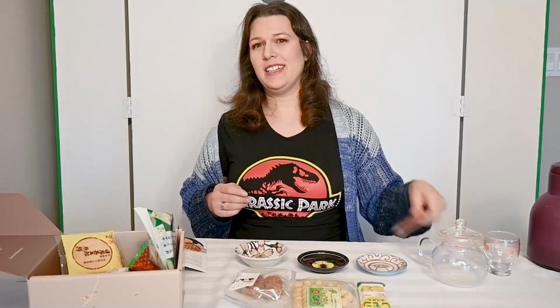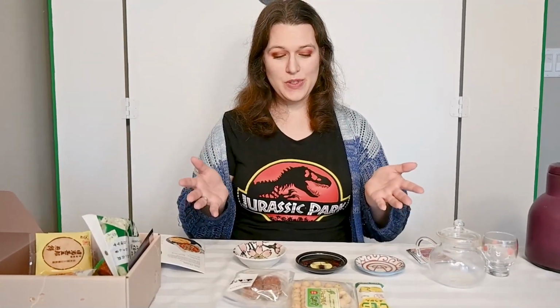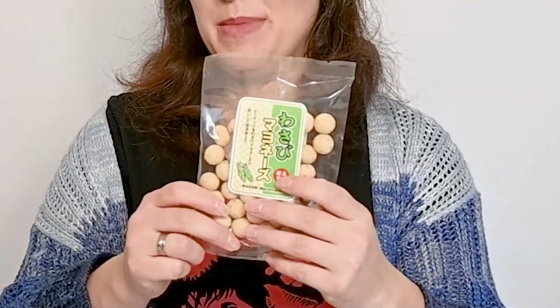Today I'm going to follow up on that Sakuraco box from December. I've chosen 3 items plus the tea. The 3 items I have decided to choose, I wanted to get something that would be different in texture and different in taste, and I didn't want to do all sweet stuff. So I've got the Anko Donuts, the Wasabi Mayonnaise balls,